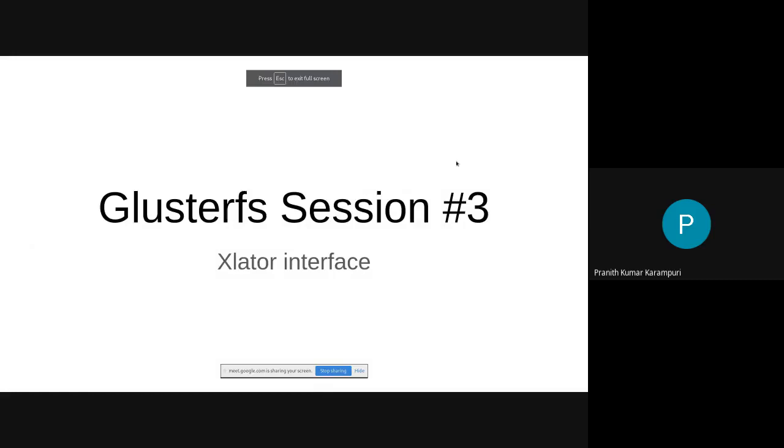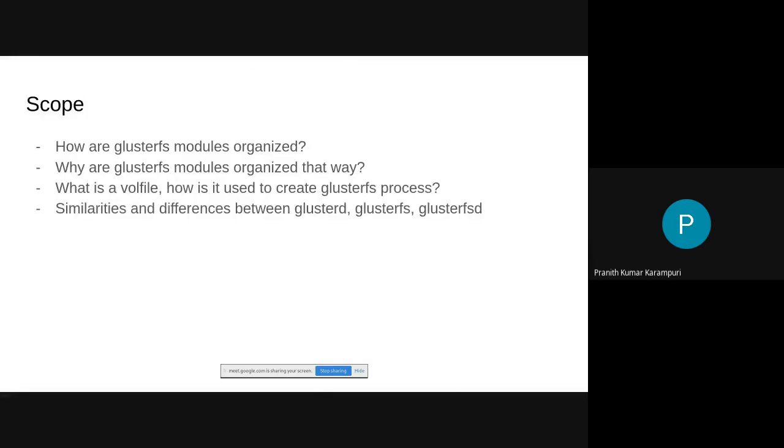So yeah, in this session we are going to cover translators and what a translator interface is. The scope of this session will include how GlusterFS modules are organized, and why they are organized that way. We will also learn a new concept called volfile, which is a configuration file for the GlusterFS process. Based on the volfile, the same GlusterFS binary will lead to creation of a brick process or a GlusterD